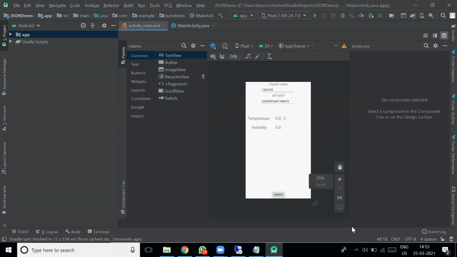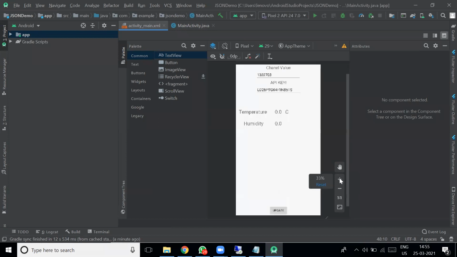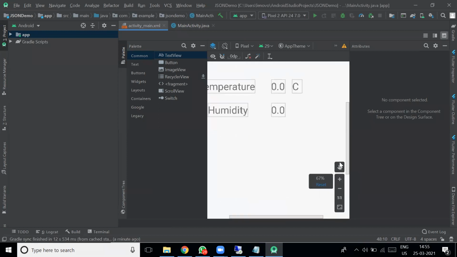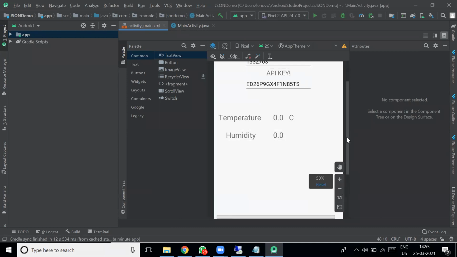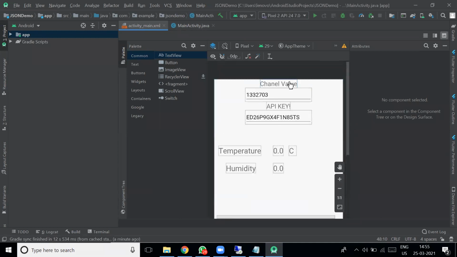So this is our design. So this is a text box. This is another text box. In this text box, I specify the channel value here and the API value here. So this is a text box only.